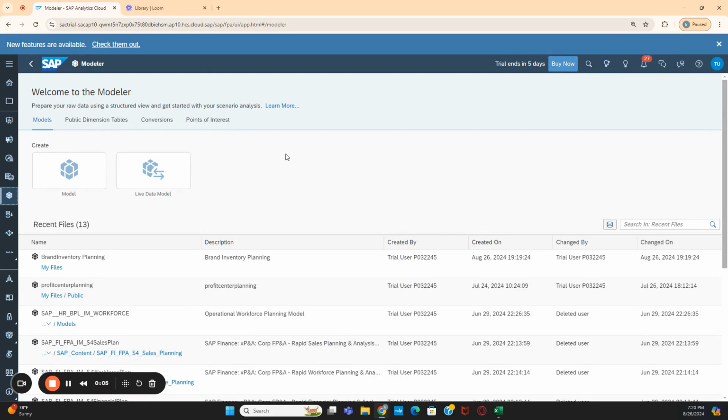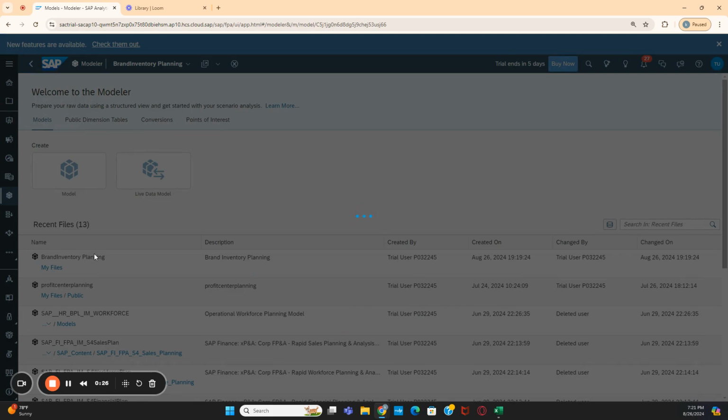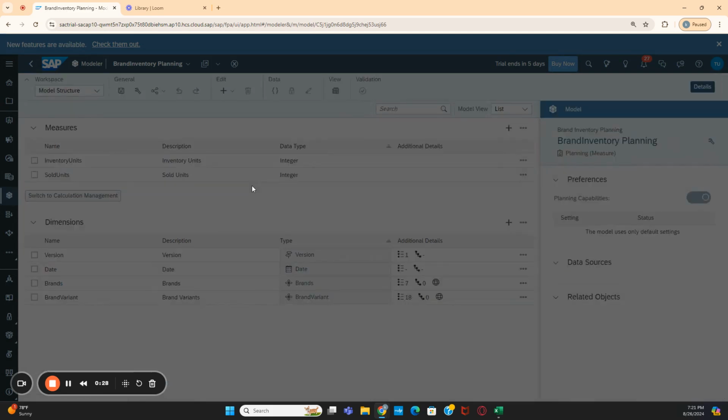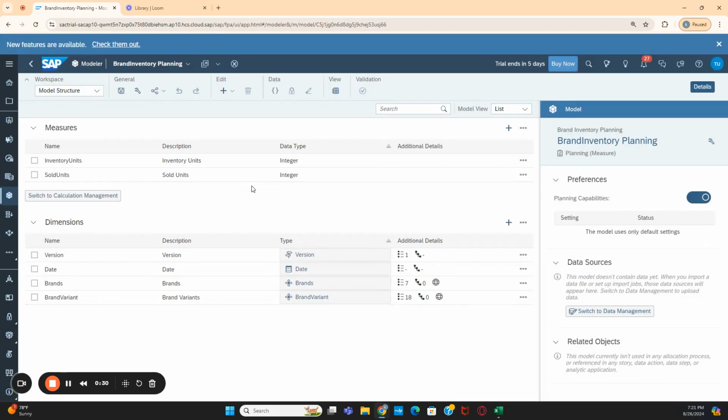Okay, so I'm going to cover the transaction data load into the model. In the previous video, I covered how to create the model, right? So this is the brand inventory planning model I have created. Don't worry about these names and these dimensions and these measures